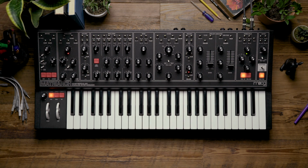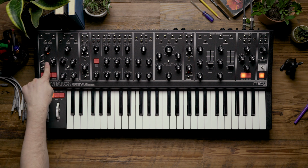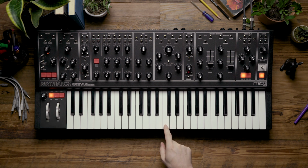Now there are a few caveats to approaching chord memory this way, the first of which is having to sacrifice the functionality of the sequencer. The second is if I play a key and hold it, I can hear my chord repeat at the rate of the sequencer, and so my playing style would have to